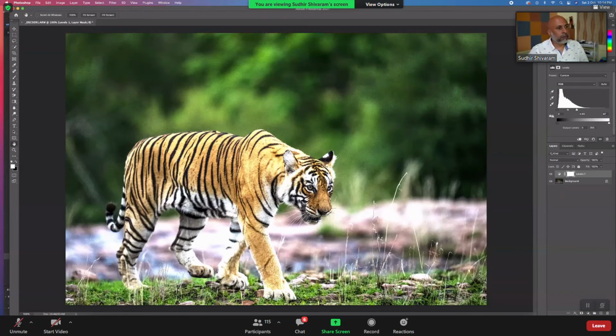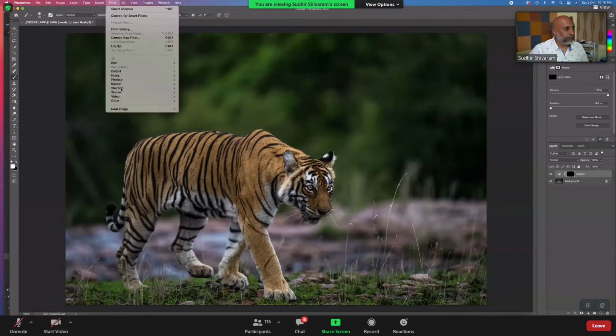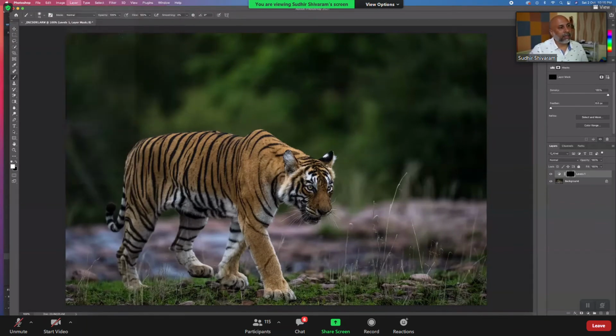Look at this. So just the eye. This is before, this is after. Okay, and these are all the standard techniques which photographers worldwide do. Nobody tells you what they do. Being a teacher, I don't like to hide things. Openly, I can share with you what everybody does. So once I do that, I'll just flatten the layer.